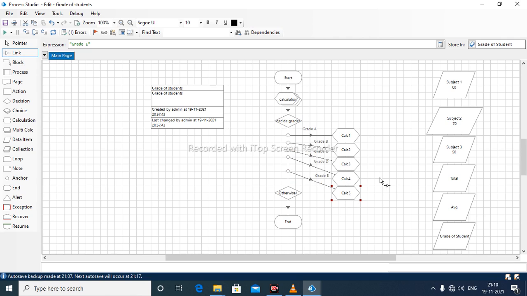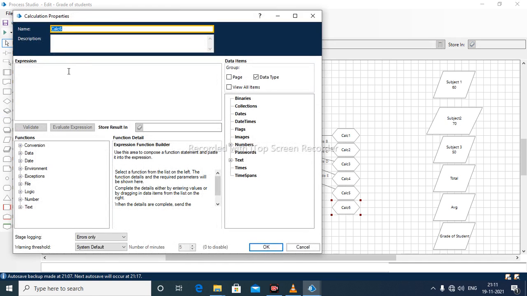Now we need one more calculation for invalid output. So I will put here invalid.